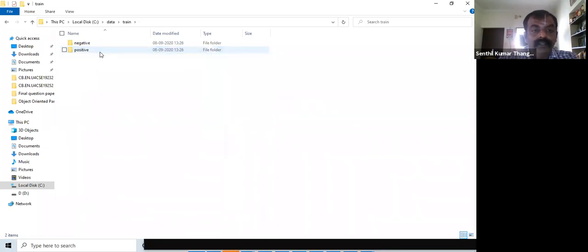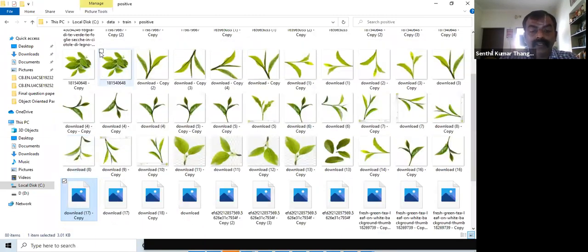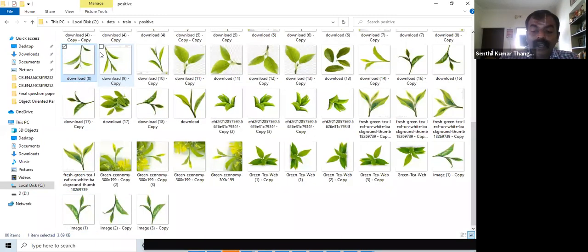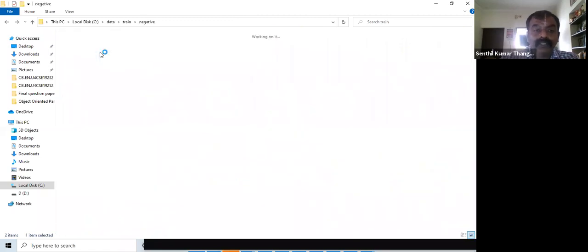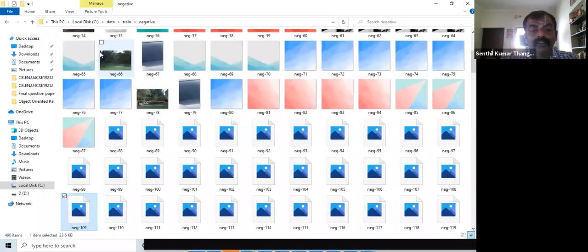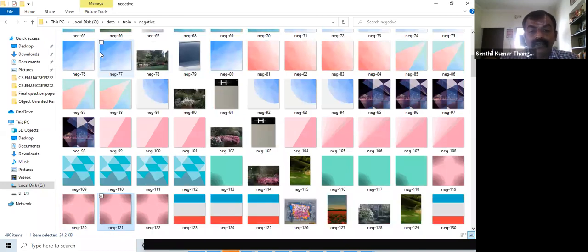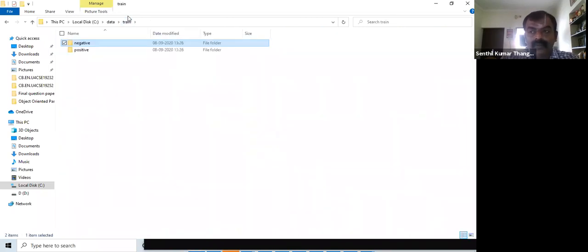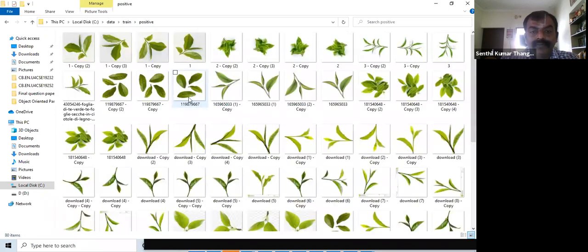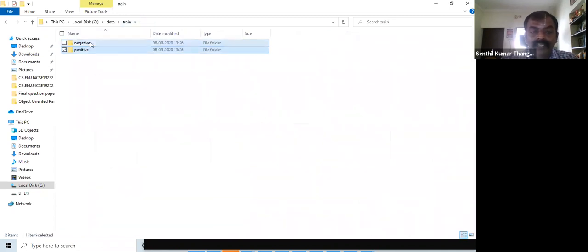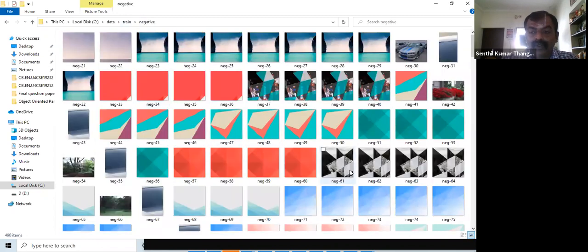So for training data, you need some images which are positive images, like tea leaves, right? And when you come to the negative images, you need to show what all negative images could be there. Usually people have questions about this positive and negative. It is like this. When it's a tea leaf classification with an IoT based problem, you would say yes, all these are tea leaves, which are correctly positive samples. Negative samples are those which are not tea leaves, but they share common characteristics.